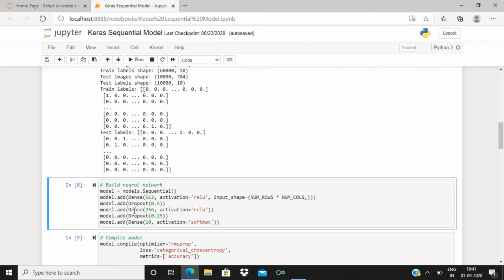After that we'll add the second layer, which is also a dense layer, which comprises 256 nodes and the relu activation function, and this time the probability of the dropout is 0.25. Finally we have our output layer, which comprises 10 nodes. We have 10 nodes because we have 10 classes in total. These classes basically represent the numbers from 0 to 9. The activation function for the output layer is softmax. The softmax function gives probabilities for each of these nodes in the output layer, and when we add up all of them it comes to 1. So let's run this.